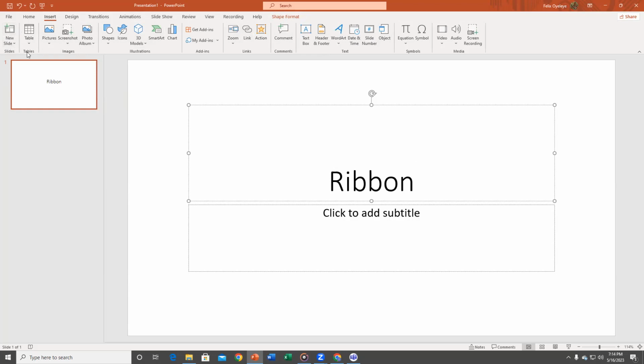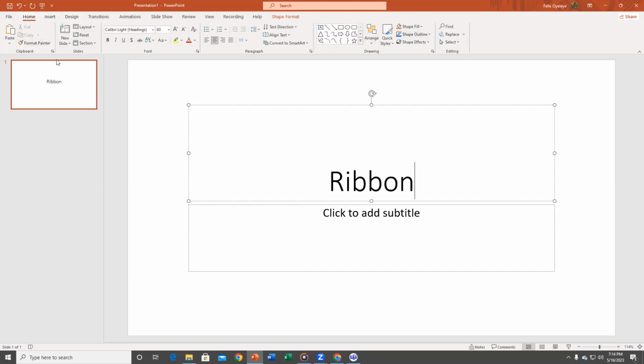And here we have the table group. Okay? We have the image group. And then you have the illustration group, the icon group. I hope you can see it. And you have the link group. You have the comment group, the text group, just like that. So we can appreciate that for each tab, you have the associated ribbon, and you have different groupings. Okay, so what we are going to quickly look at,